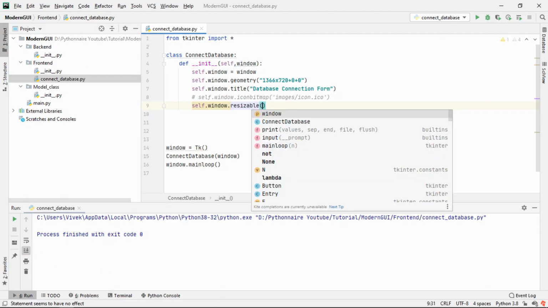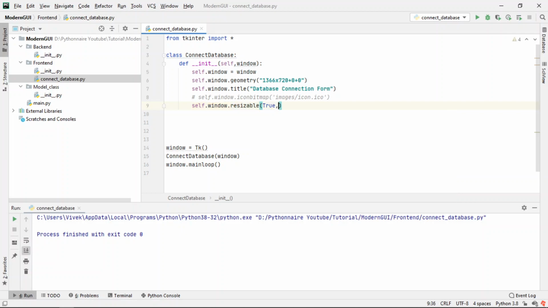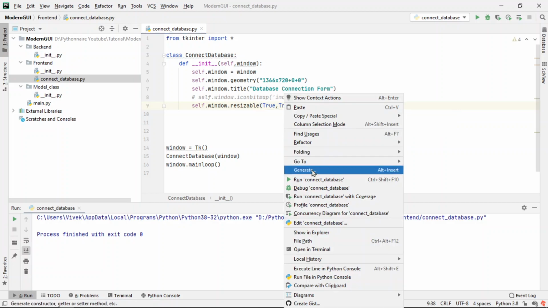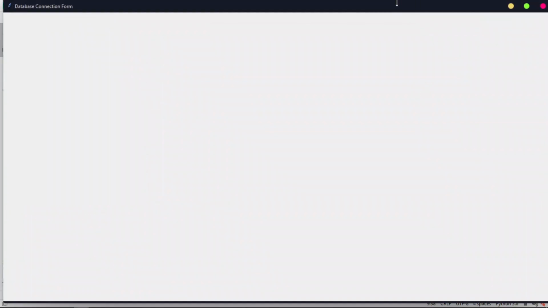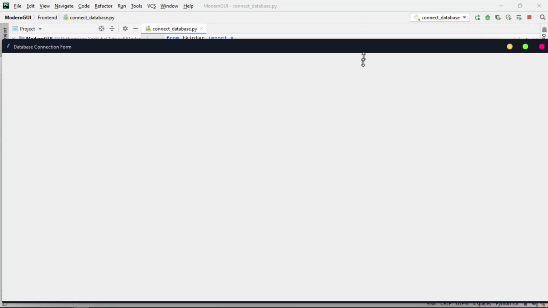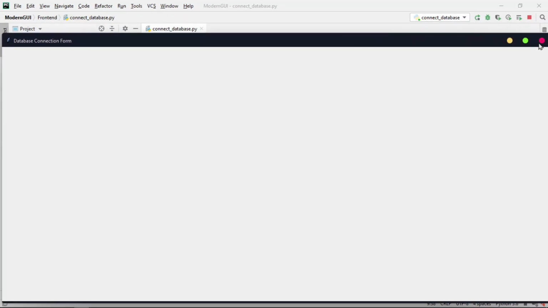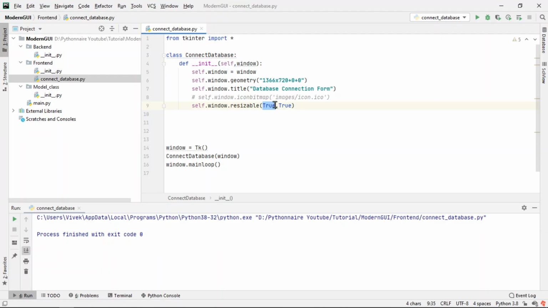So resizable takes two arguments, whether it will be true or false. So if you keep true and true, one is for the x-axis and another is for the y-axis. If you keep this true and true, then if you run this, the window can still be resized. You can see it is resizable. But if you put false here,